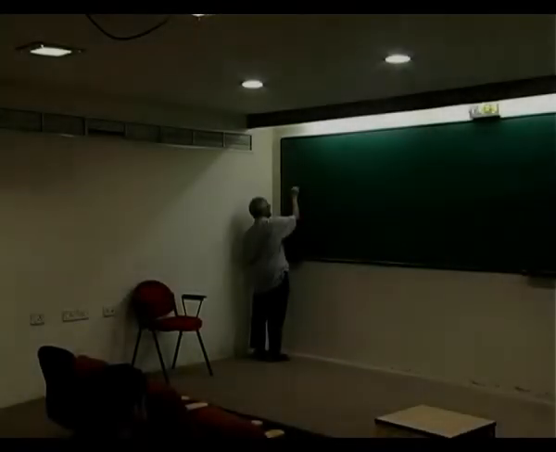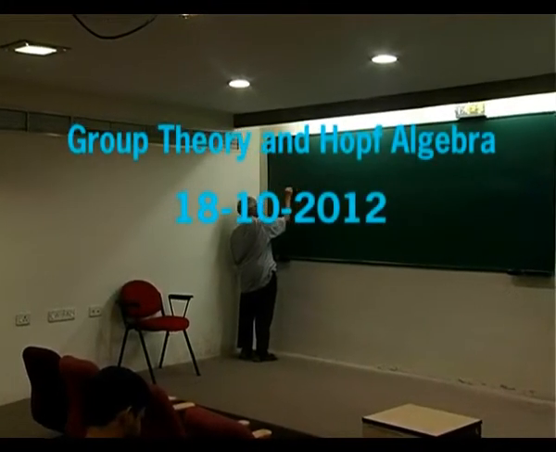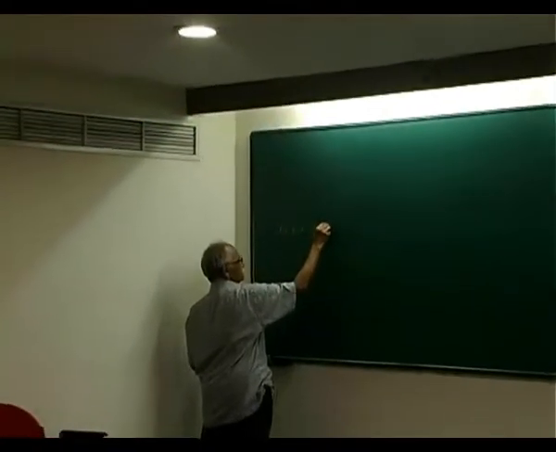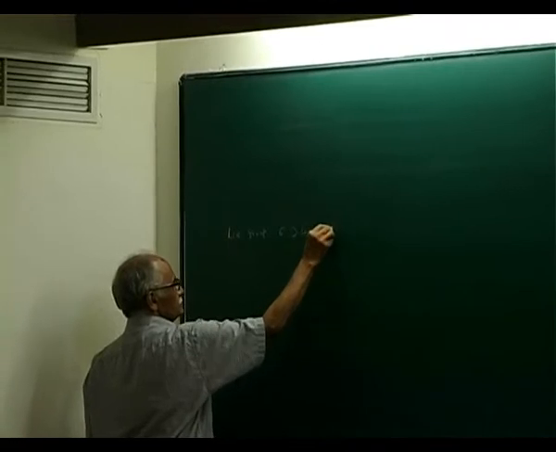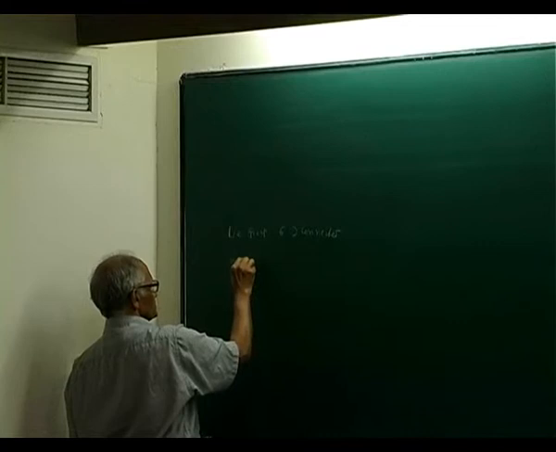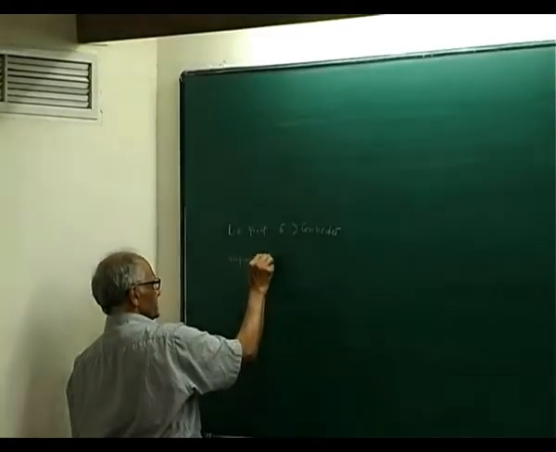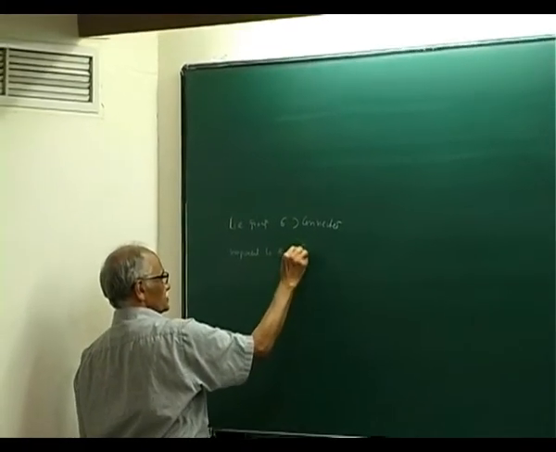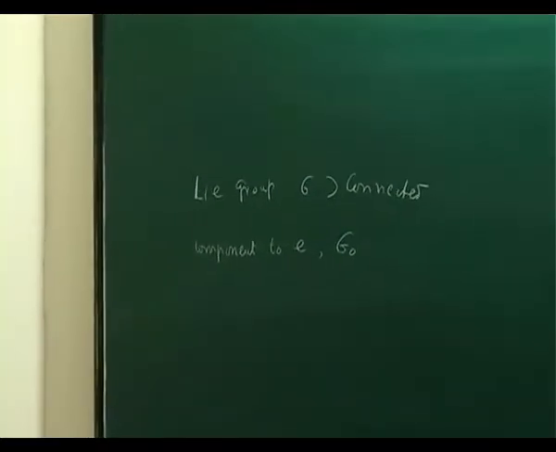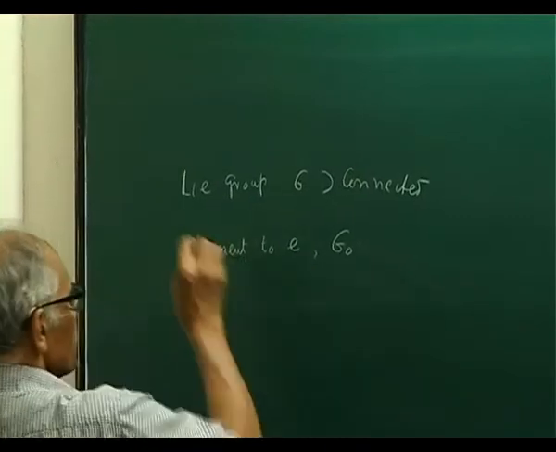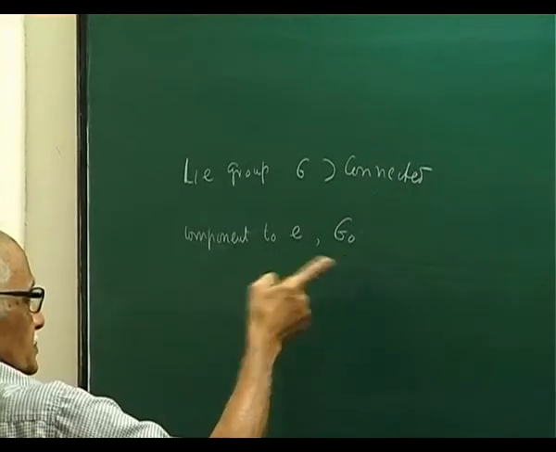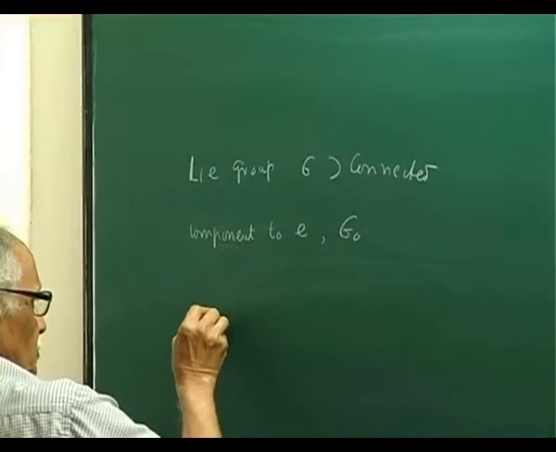If you have a Lie group G, it always contains a connected component to identity, called G0. Okay, it always contains it. Then, I showed you how to construct this G0, or at least the outline. Okay, that